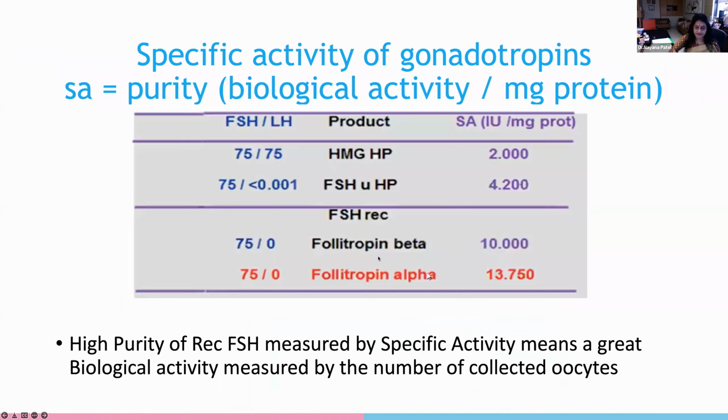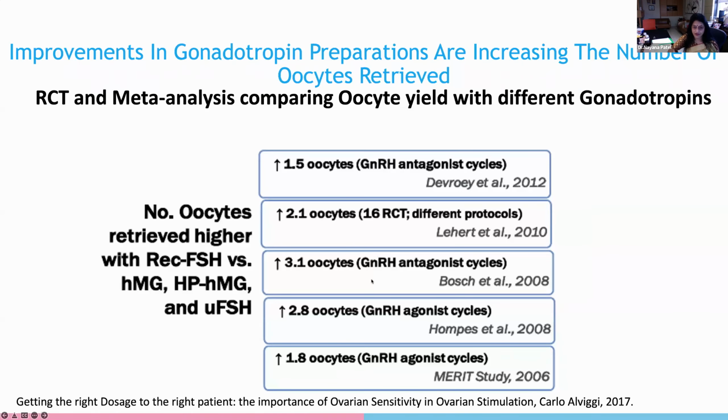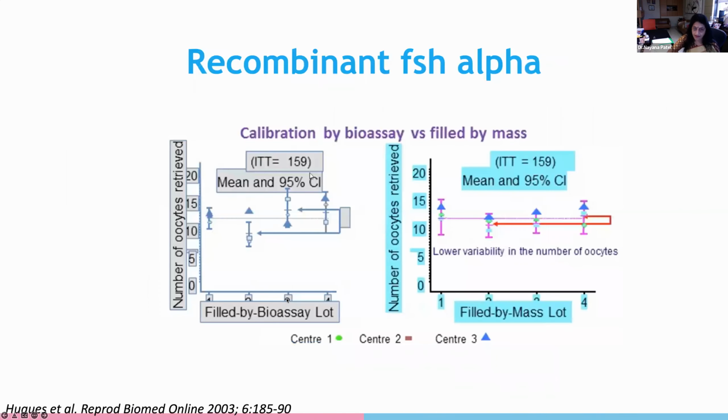You can see that with the REC FSH, there was always an oocyte collection of 1 to 3 more than the other products. So this is calibration. Now FSH alpha is available by bioassay and by mass. So what is better? They found out that the one with the mass is better compared to the